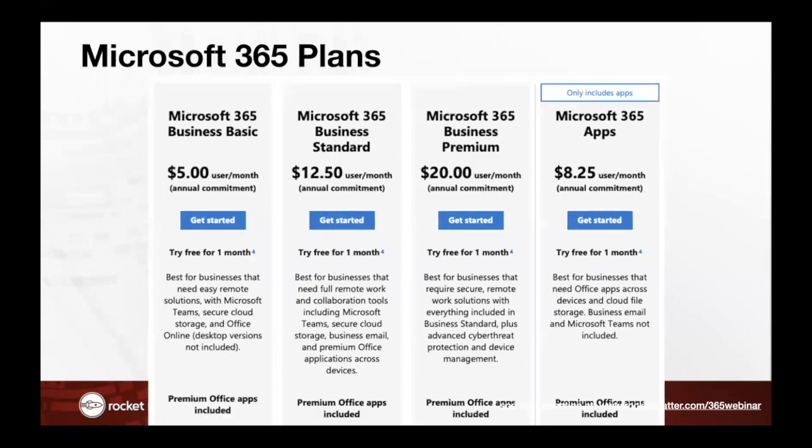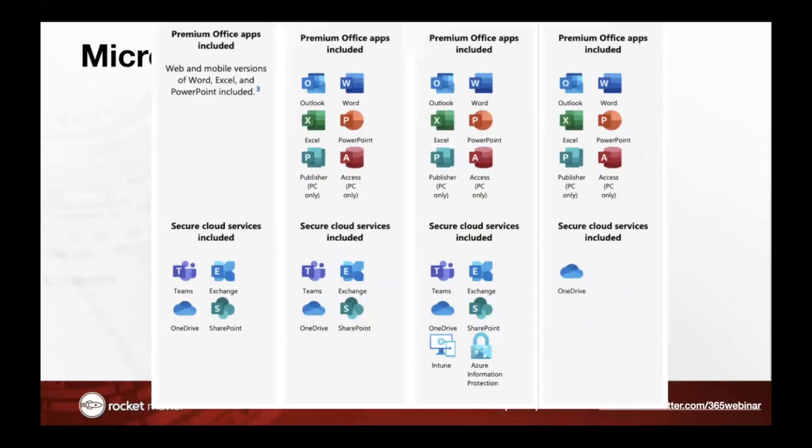But if you look at what they have, the real difference between the $12.50 plan, which is the second from the left, and the one to the right of it, which is the $20 plan, is that the $20 plan has a lot of stuff you don't need, right? But they both have all the core stuff: Outlook, Word, Excel, PowerPoint. You probably aren't going to use Publisher Access, but Teams is critical, OneDrive is critical, SharePoint is critical as well. And the basic plan only has mobile and web versions of these products. You need the desktop versions, in my opinion.